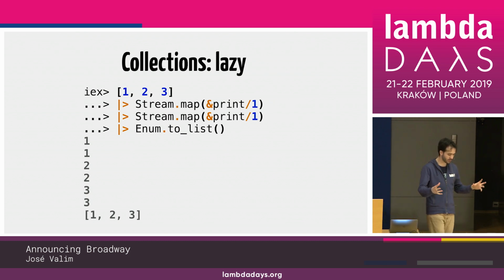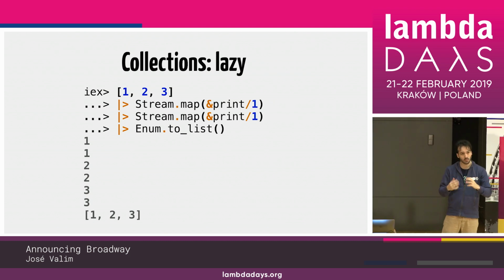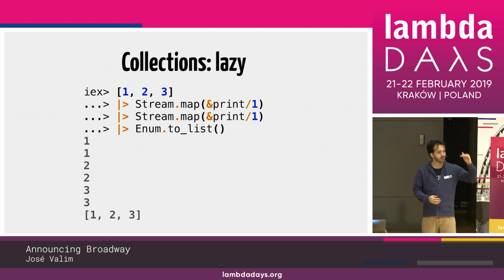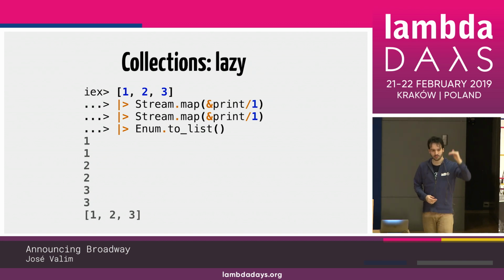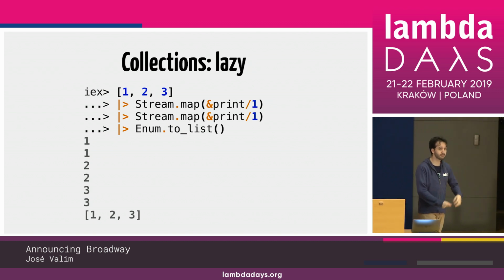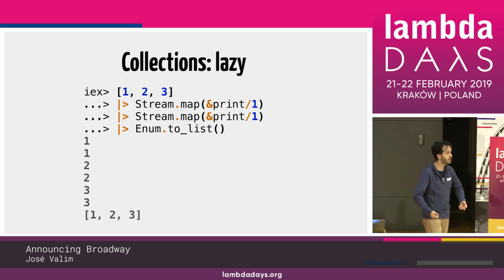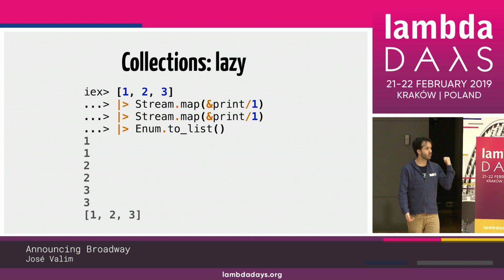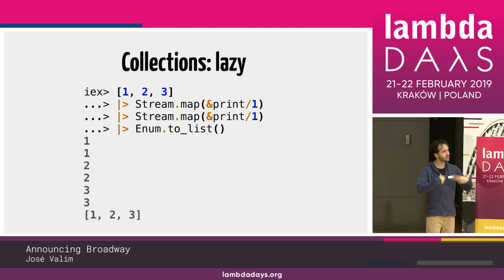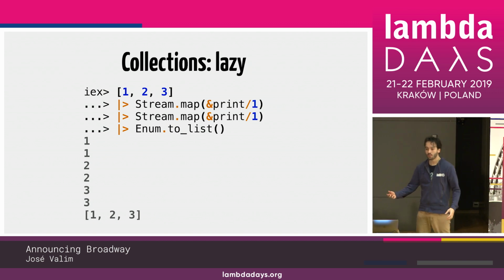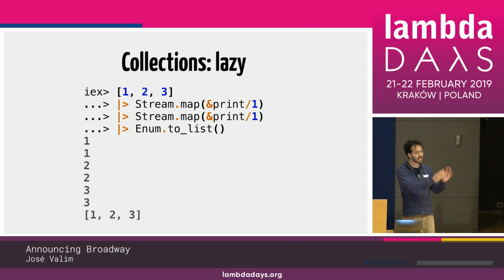What the stream does is that you express all of your computations, and when you execute the stream, we fuse those computations and traverse the collection just once. So we get 1, and we go through all the operations, then 2, go through all the operations, and so on. And this is extremely powerful because now we can work with really large collections. If you have a 1 gigabyte CSV file on disk, in the previous way, we would load the whole file into memory and traverse it multiple times. It would generate tons of garbage. But now, because we can fuse everything, we traverse line by line.